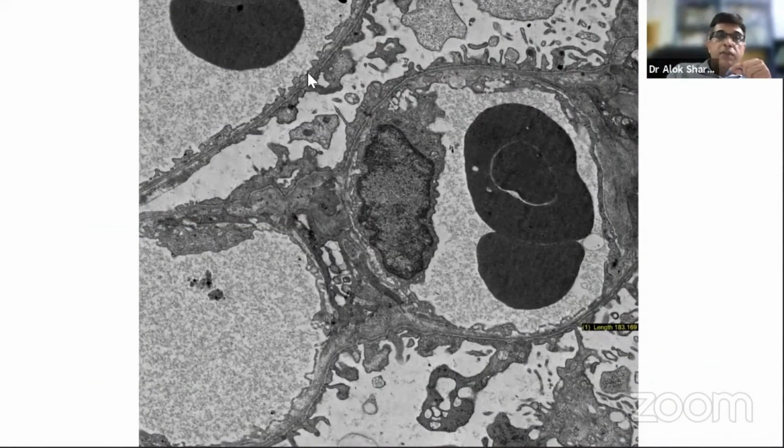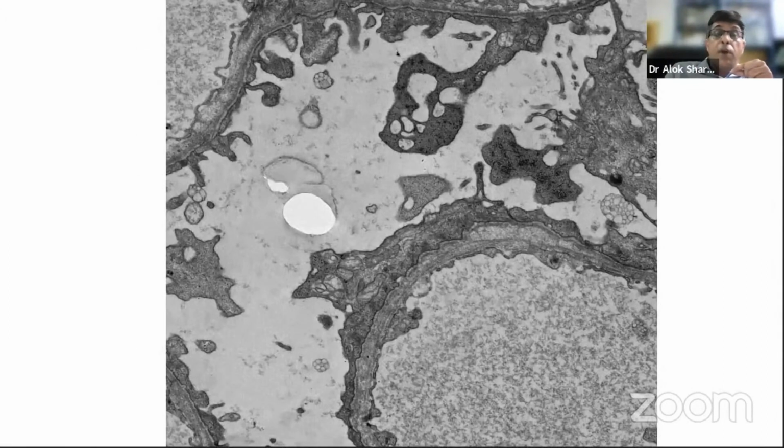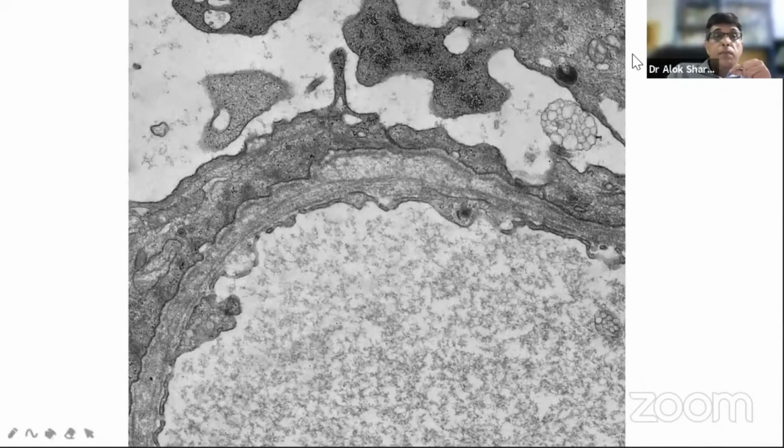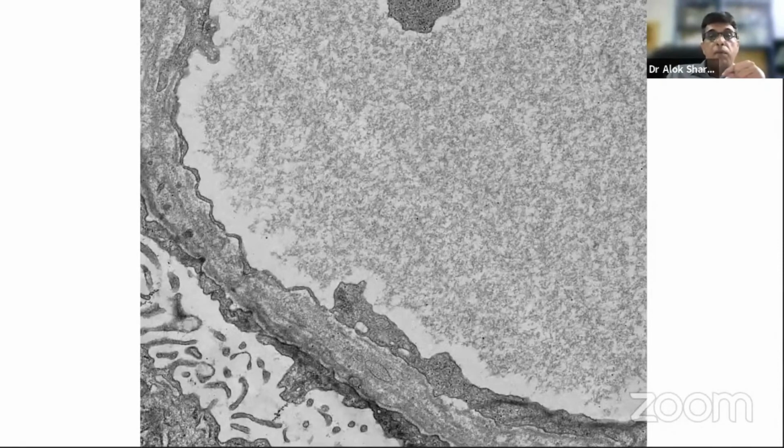So you can imagine here, this is a nice effacement of foot processes, a lot of podocytopathy, right? But the GBMs are still appearing quite thin. So now she's 5 years old. The length you can see, 183. And in addition, apart from what we had not seen earlier, you could see some capillaries with GBM alterations. So you can see the breakdown of the lamina densa into multiple electron lucent zones, the crisscross pattern, the basket weave pattern. Everything had developed focally.